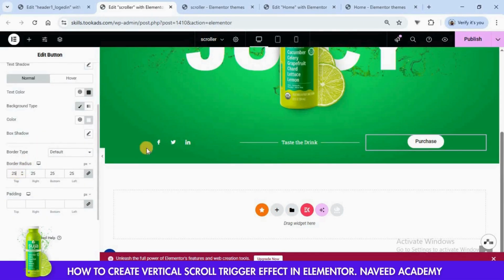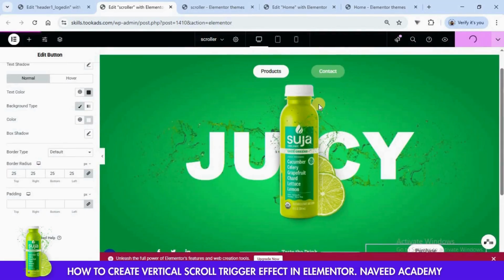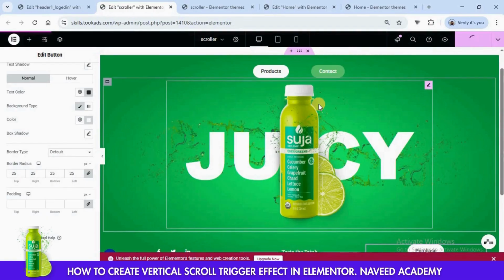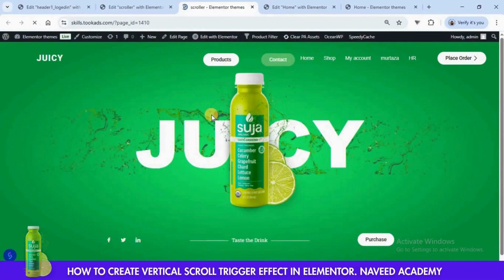Now after setting it, publish the changes. Go to preview page and refresh it. Now you can see that our first hero section is almost completed, but I think we need to add some padding for this container.